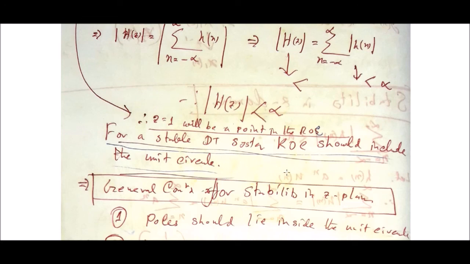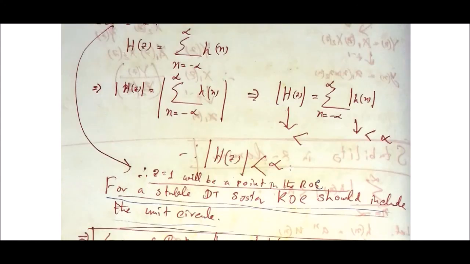That means for a stable DT system, the ROC should include the unit circle. Remember, whether a system is stable or not can be understood by drawing its ROC. First, find out if the impulse response is given to you. Take the impulse response and get the transfer function by Z transforming it. After Z transforming, you get the capital H(z), and find out the ROC of H(z) by using